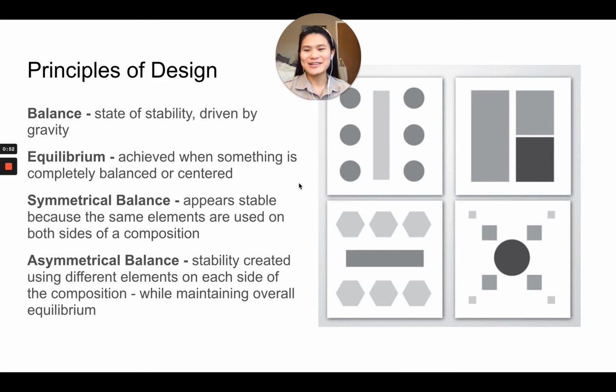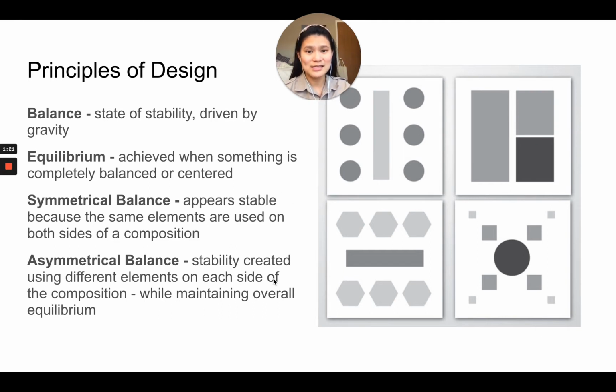All right, so equilibrium is achieved when something is completely balanced or centered, which goes right into symmetrical balance, which appears stable because the same elements are used on both sides of a composition. Here we have some examples of balanced compositions with this rectangle in the middle and the dots on either side. That would be a symmetrical